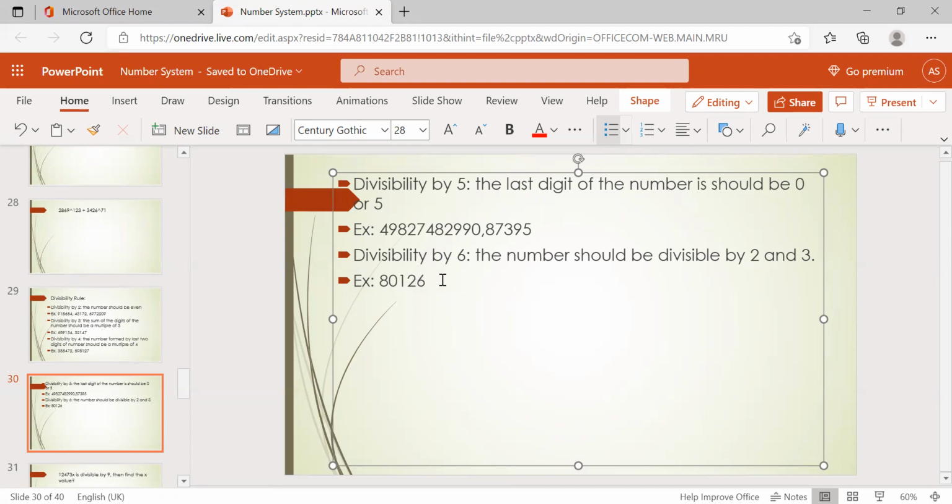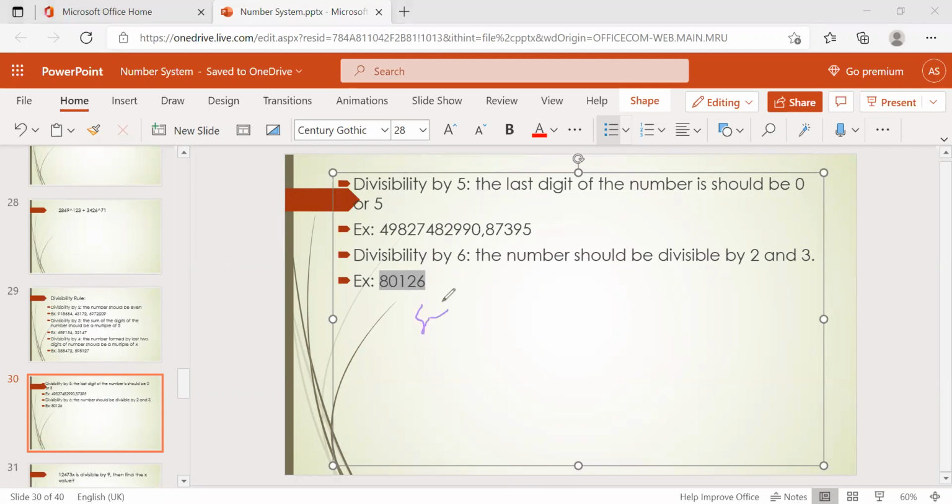First of all, you have to check with 2. Why am I asking to check with 2 first? If it is an odd number, you cannot check with 3 also, right? So here it is an even number, so it is divisible by 2. And what's the other condition? Divisible by 3. What's the divisible by 3 rule? The sum of the digits should be a multiple of 3.